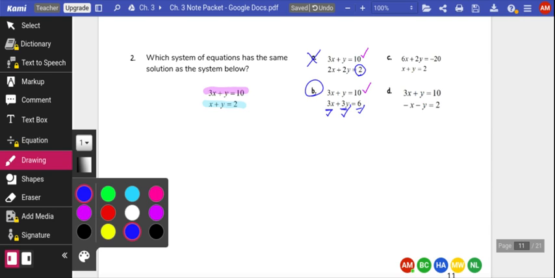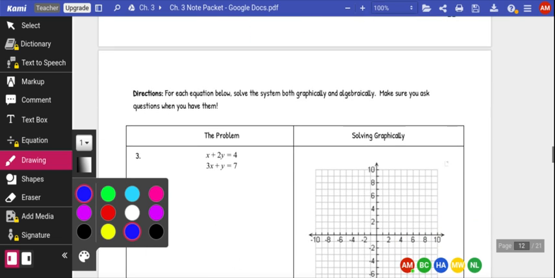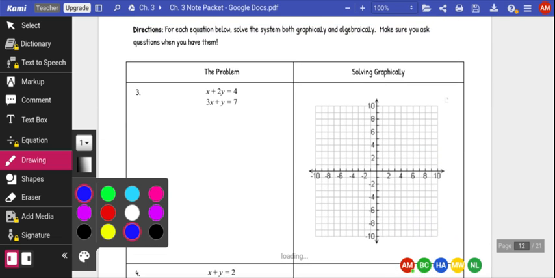All right. That is one of the ideas on the Delta Math, is to make some equivalent solutions or equations that have the same solution. Now we're going to look at this, which is on the back or the next page, page 12. For each equation below, solve the system graphically and algebraically. Make sure you ask questions when you have them. So first,